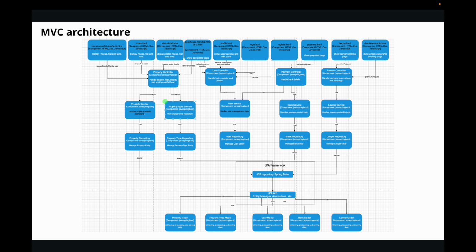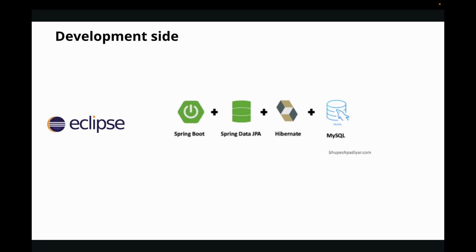On the development side, I use Eclipse IDE for writing and managing the Java code, with Spring Boot as the core framework. Spring Boot was chosen for its rapid development capability and wide community support. It has embedded server support and built-in dependency management, which reduced the setup time. Eclipse as an IDE was comfortable, stable, and integrated well with the Git plugin.